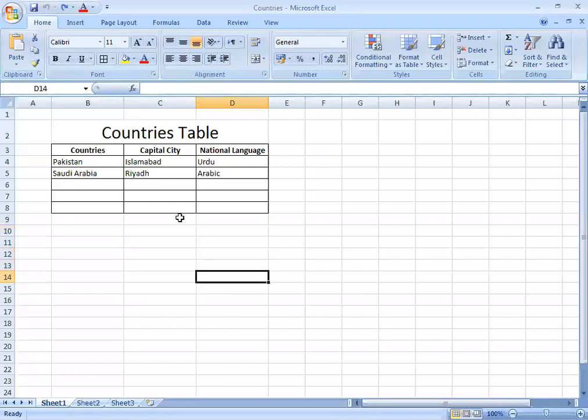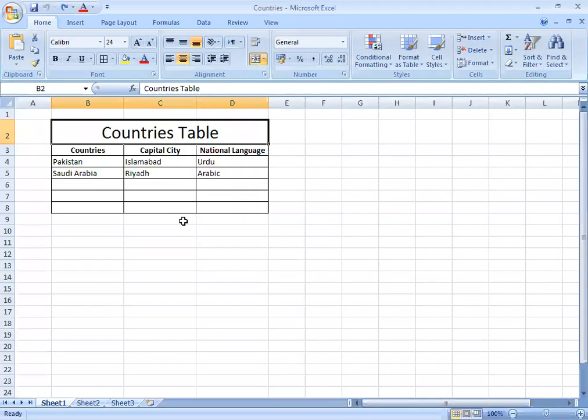One thing more I would like to add. In this class, I'm explaining the different features of Microsoft Excel. For example, you can change the color of the text in a cell.